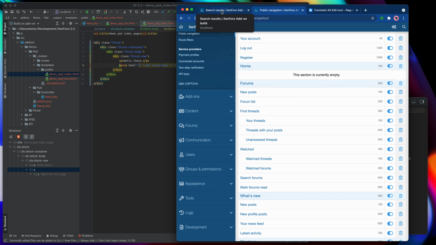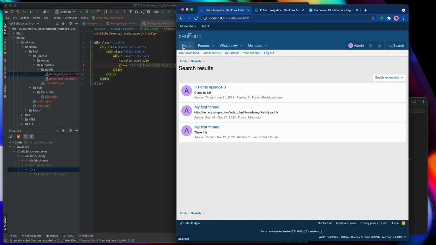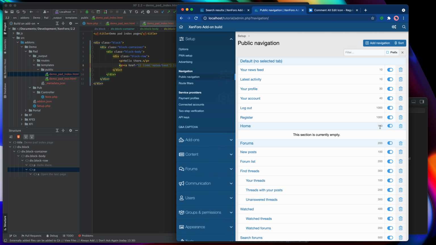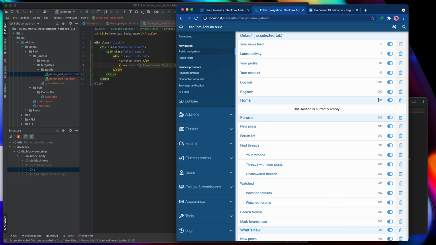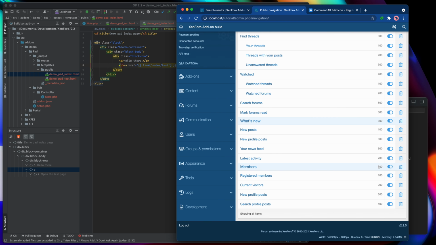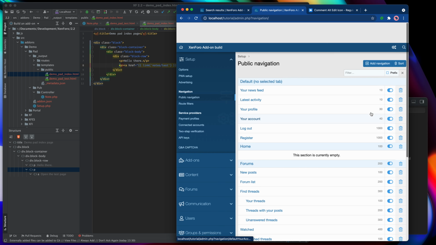So we're going to add a new top level item, and to do that we need to know what display order to give it. Now these tabs are arranged according to their display order, so this one will have a higher display order than this one, which has a higher display order than this one and this one, etc. If we take a look at what those display orders are, we actually print them out without having to click through into them. So home has a display order of 100, forums 200, and then right down to members, which has a display order of 600. So we need to give our entry a display order of at least 601 in order for it to appear last in that list.